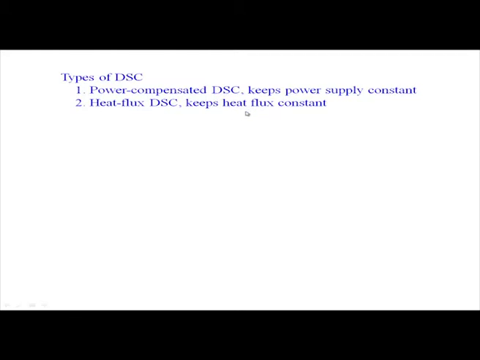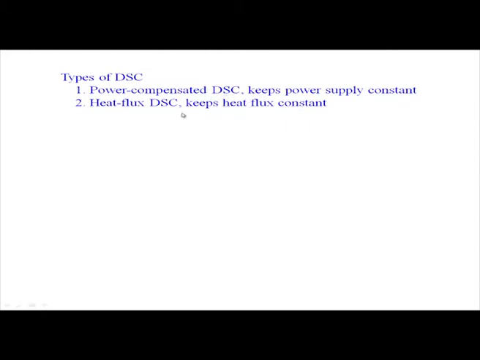So, one particular technique we will be calling power compensated DSC, where we compensate the power which is applied to either the sample or the reference, where we keep the power supply constant. Like when we study in our next classes onwards the electrochemical studies, we can have some measurements where at a fixed temperature we can fix the corresponding current or we can fix the corresponding voltage. So, similarly here, if we keep the power supply constant,